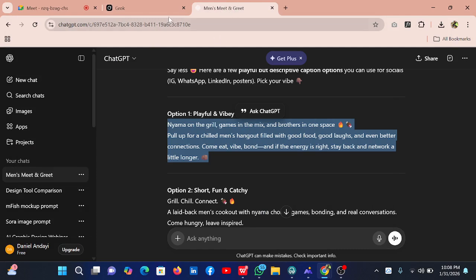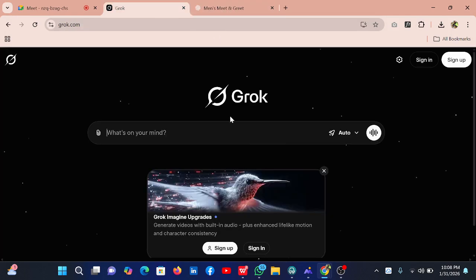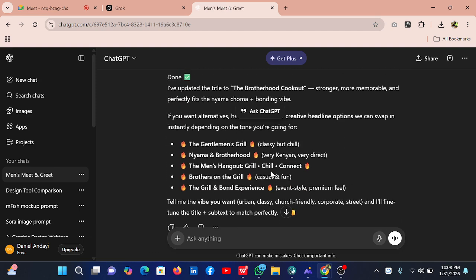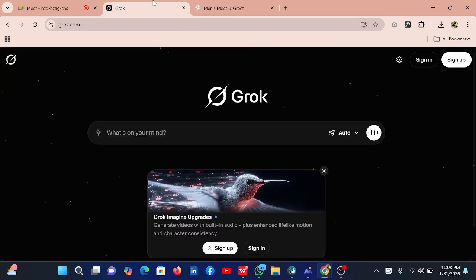That is it about ChatGPT. You can do the same thing on Grok. You can do the same thing on DeepSeek. You can do the same thing on Claude. Any AI that you can chat with can give you similar results. So they may not come out exactly the way ChatGPT imetupatia, but again, it will take a lot of time for us to go through ChatGPT, Grok. Now we have some other things kuangalia. So it is about you experiment.